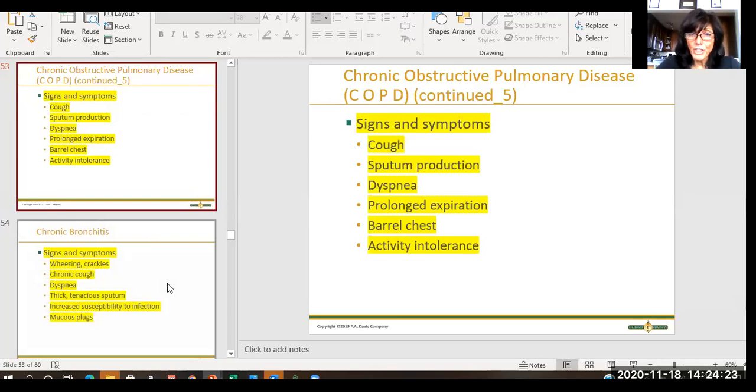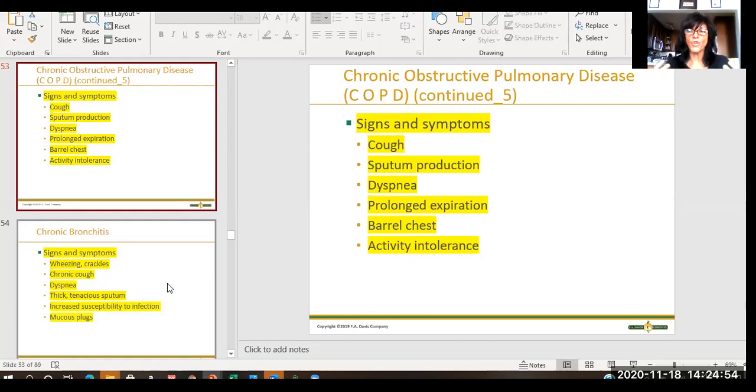Signs and symptoms. These patients have a cough. It's a chronic cough, and they always have sputum, and not the normal amount that we all make. Thick, right? So tenacious, copious amounts of sputum that can be yellow, green, brown, tan. Okay? They have trouble breathing. When they're trying to exhale, it's prolonged,